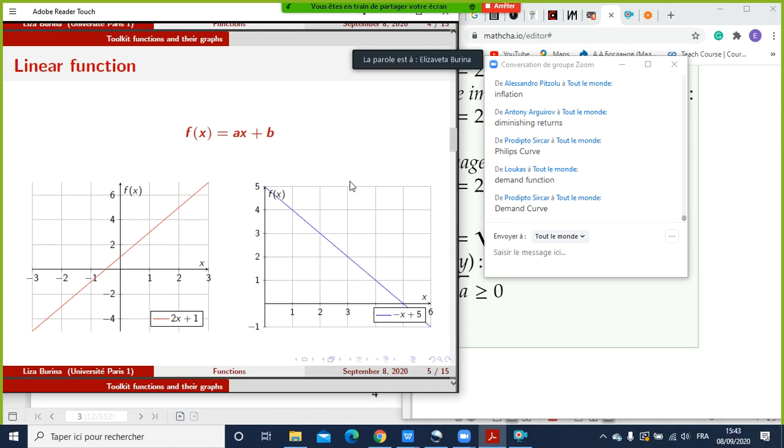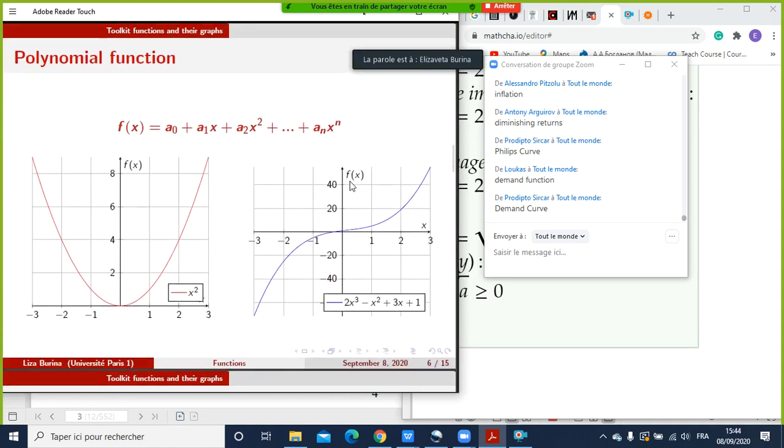Well, budget constraint too. Okay, cool. So these are our lines. Indifference curves, by the way, can also be linear functions. Polynomial function, like the left one, can be an example of maybe a part of a supply curve, right? If we only look at the positive quadrant, it looks like supply or marginal cost, something